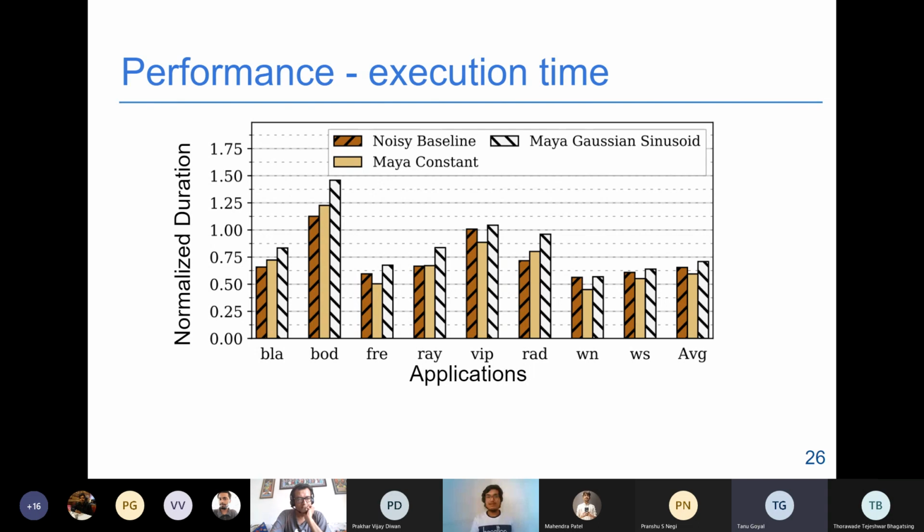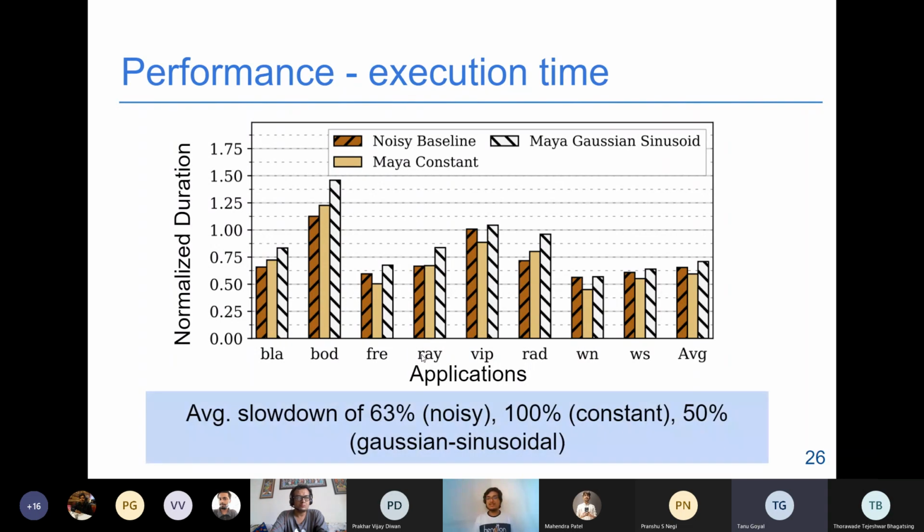Now we look at execution time. The y-axis is the normalized execution time, or the normalized duration, and the x-axis is the different applications. So we see that there's an average slowdown of 63% in the noisy scenario. There's a slowdown of 100% when we're using Maya constant, and there's a slowdown of 50% when we are using